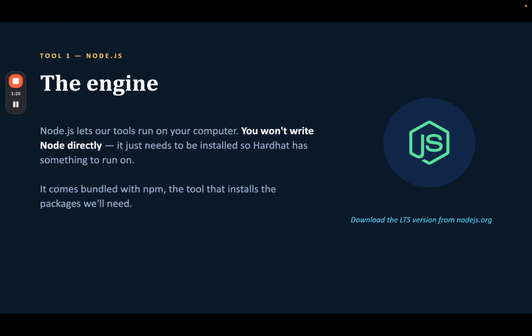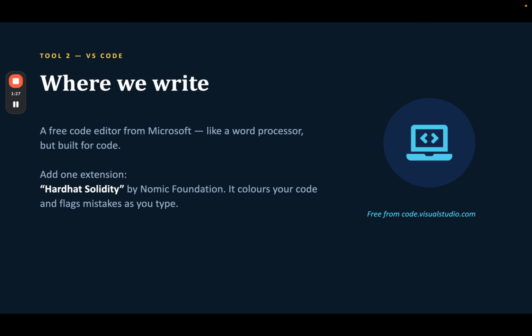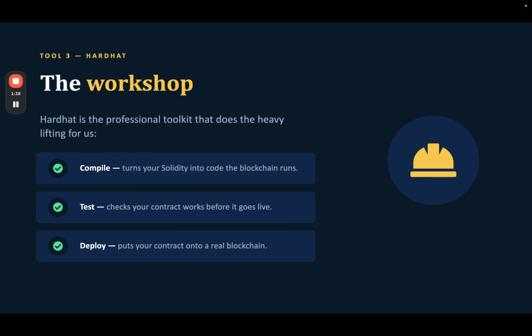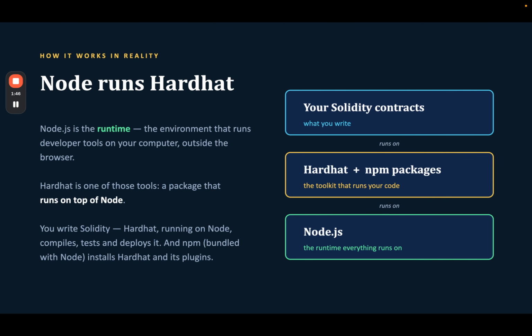Node.js, of course, is our runtime engine. VS Code is our text editor that we're going to write on, and we can use an extension called Hardhat Solidity, but it's optional, of course. And then Hardhat is our tool that we're going to use to compile the program. Hardhat is being run over Node.js because it uses JavaScript as its runtime, and that's the reason the Node.js